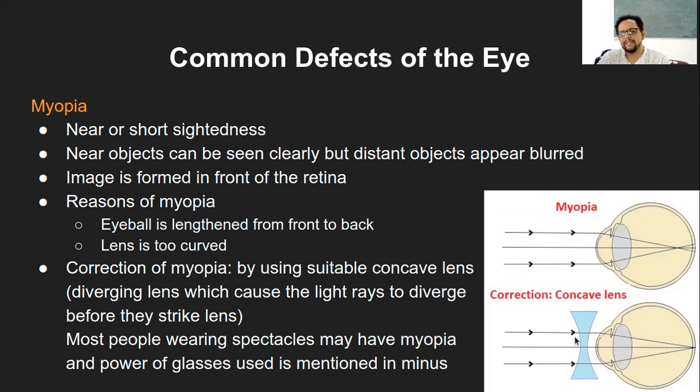This type is called a double concave lens. There can be single concave or double concave based on the need of the person, which diverges, so it is also called a diverging lens. What it will do is move the rays a little away from the central axis, the principal axis. So it will diverge the rays from the principal axis and then again converge them so that the rays form a focal point right on the retina and then you are able to see clearly.